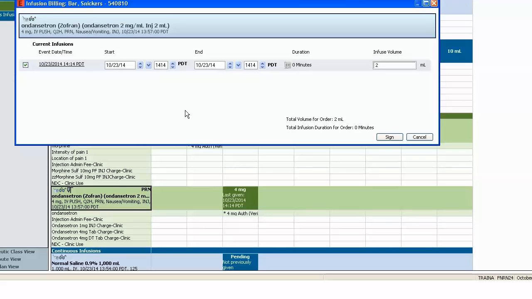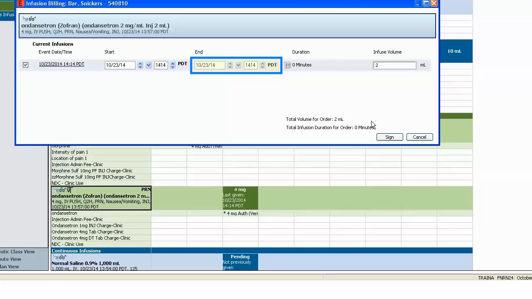You simply left click on the icon and you'll have a box appear. This is where you document the time that the medication has ended. You'll see the start time. That is auto-populated based on the time that you documented of giving the medication. And next to that is the end time. This will usually auto-populate with the correct duration time. So if you have given a medication that has a set rate for the medication to be given over 30 minutes, then this end time would actually show 30 minutes and this duration would show 30 minutes,